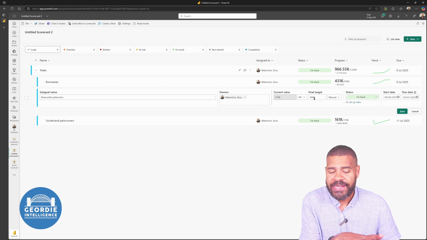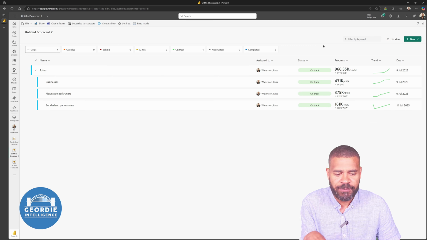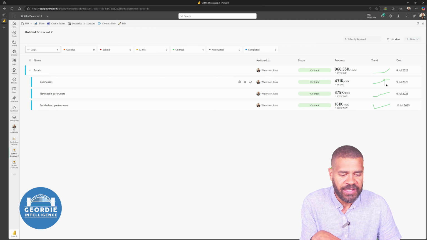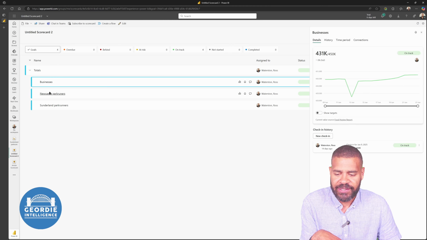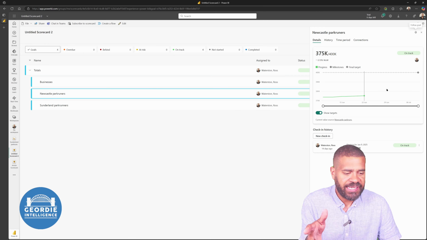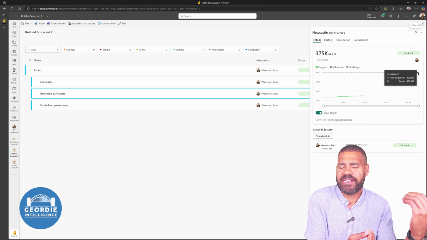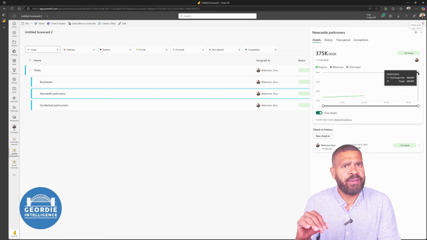Okay, but what we get with this, and this is the bit I think which is really important for you to see, is if we come out of here and go back to read mode, when I look at a particular metric here, we can say show targets. Okay, so we can say here, show me the target. And it's got the target, it's got the date that we've got for that target. So for you guys, we put the year-end date as opposed to whatever date it is.